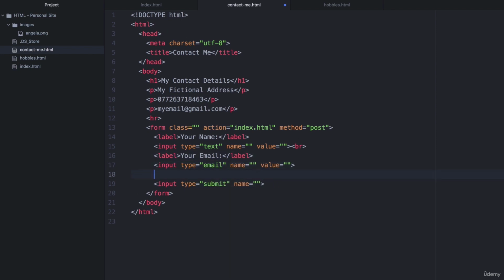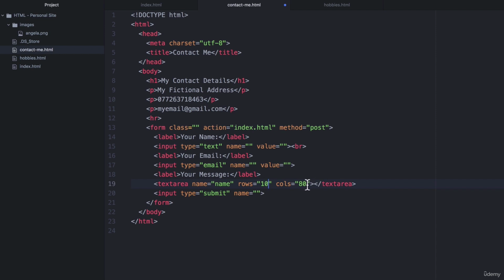And to do that, I have to use something that's not actually an input. Instead, it's an HTML element called text area. So let's add a label first, and let's say your message. And text area has two attributes that are really important. One is the number of rows, and the other one's the number of columns. So rows determine how tall your text area should be, and columns determine how wide it should be on your web page. I'm going to stick to maybe 10 rows and 30 columns,